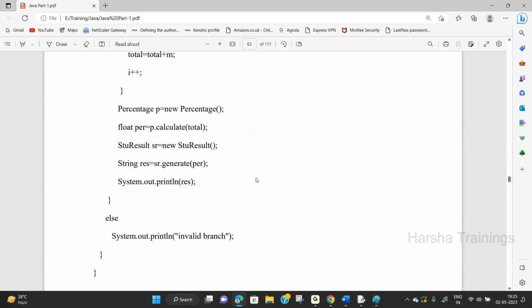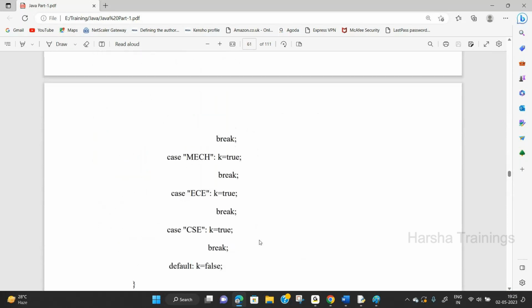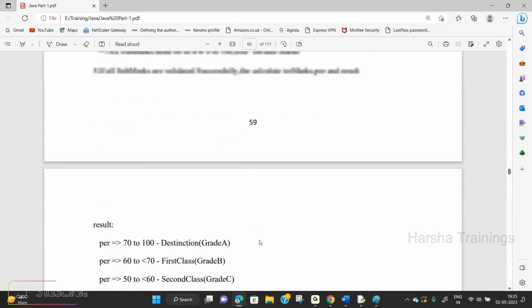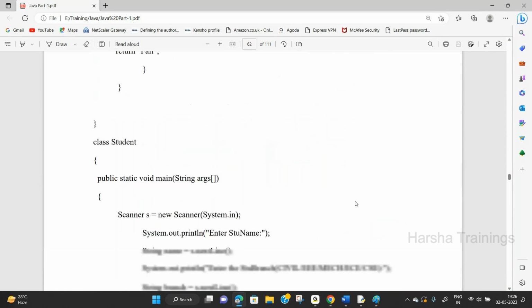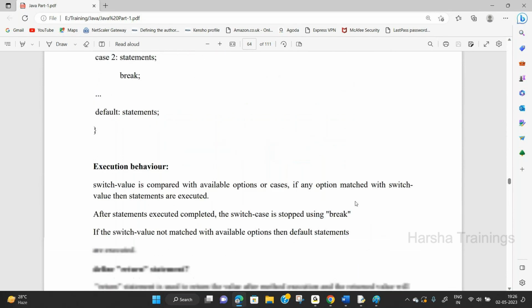See the project. For example, for decision making statements, you are using some simple if. Now here I have given the question like this. This is called layout or architecture or design. Now you need to write a Java program by using these classes. These classes consist of these methods. You have to produce this output, etc. Everything is in a real-time scenario. See, a program is not one line, two lines.